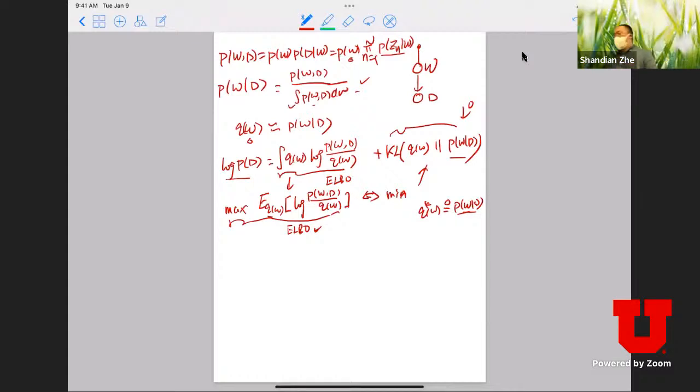Because the difficulty of maximizing this is not smaller than directly computing the true posterior. But there's a way to reduce the difficulty in maximizing this ELBO. How? We have two strategies. One is called global variational inference, one is called local variational inference. Okay? So the global variational inference,